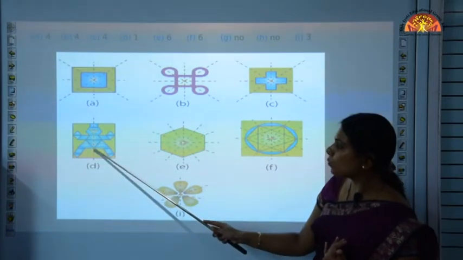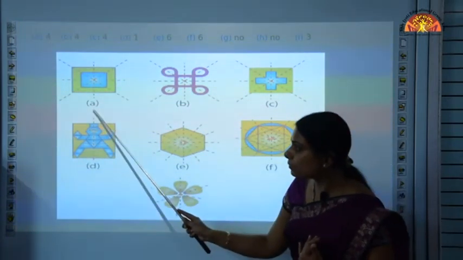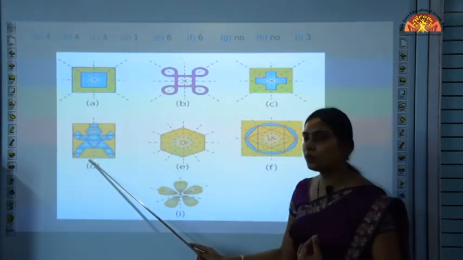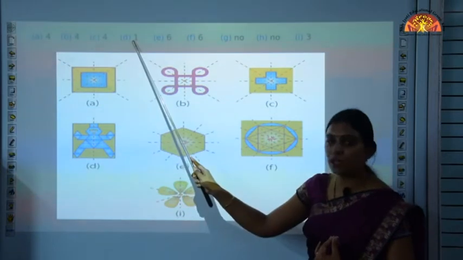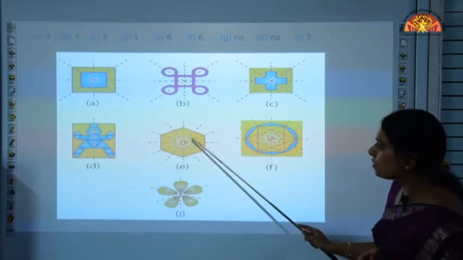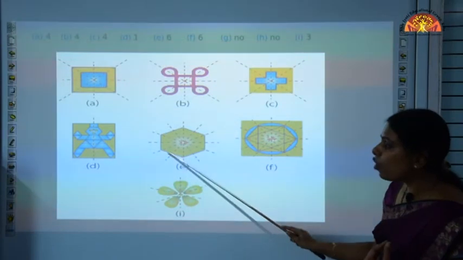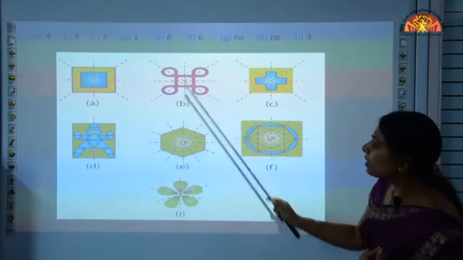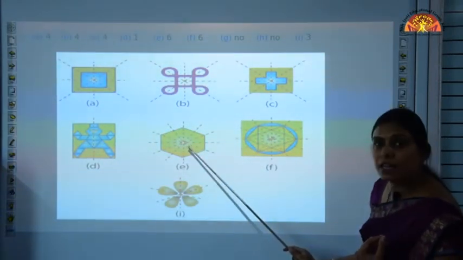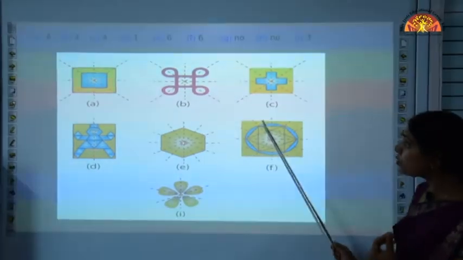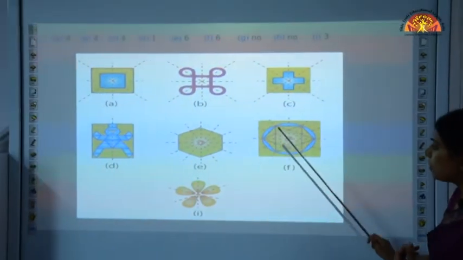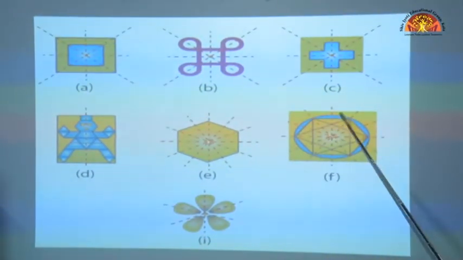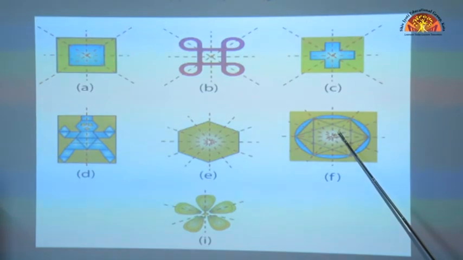If you are considering this figure, you can see that it can be divided only vertically into 2 equal parts. So there is only 1 line of symmetry, that is the vertical line of symmetry for this figure. If you are considering the next figure, it is the shape of an, how many points are there? There are 8 vertices. So how many lines of symmetry are there? There are 6 lines of symmetry for this octagon. Okay. If you are considering this figure, that is the F part, again when you are dividing through 6 lines of symmetry, there are 6 lines of symmetry for this figure.